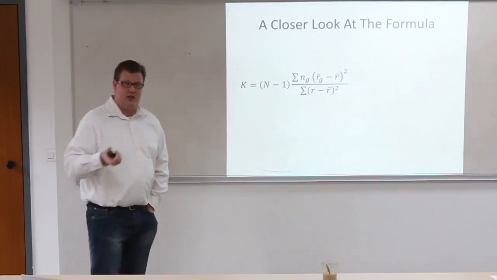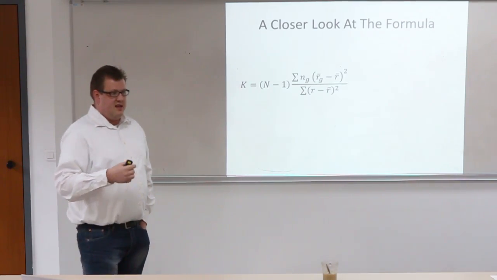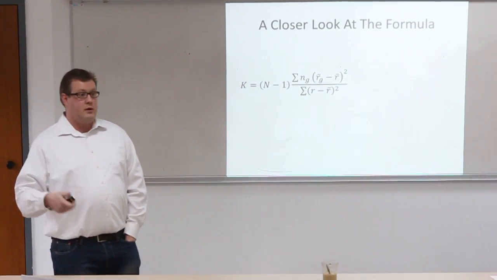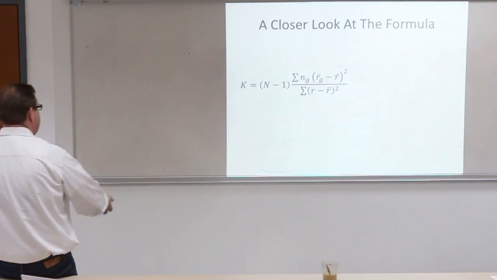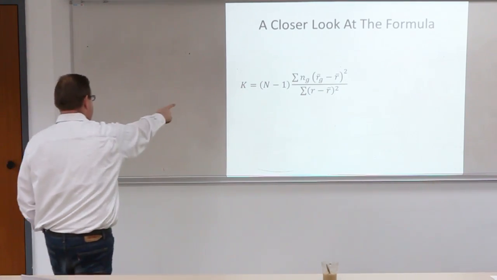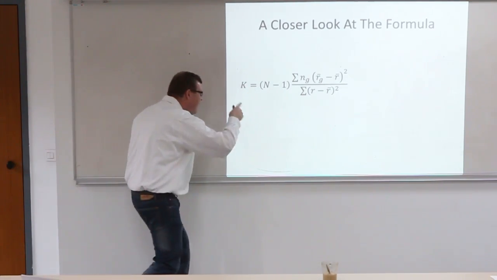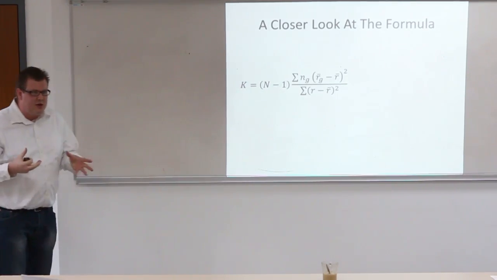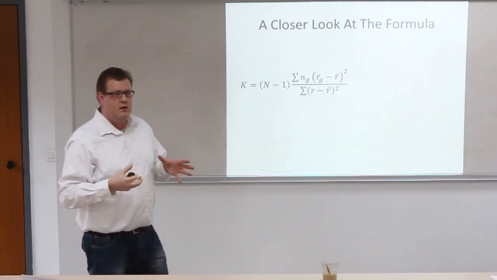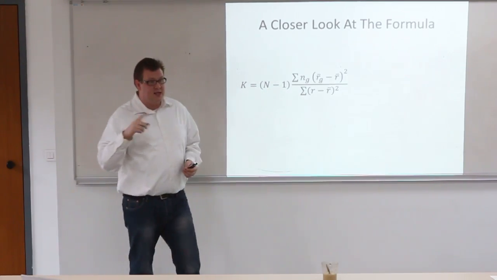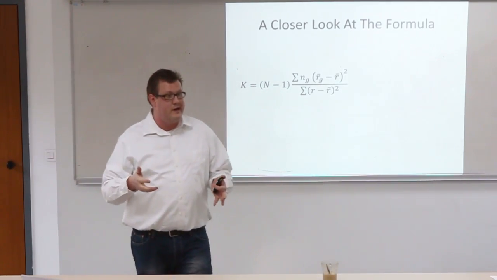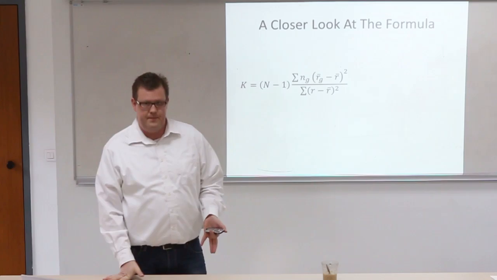So let's take a closer look, all right? And this might help us to understand why we're using the chi-square, and it might help us to make sense of exactly what this is. So we have this. Does anyone notice anything about this that's similar to what we've seen before? N-1. We used an N-1 previously when we were trying to get an unbiased variance estimate. Okay? And,